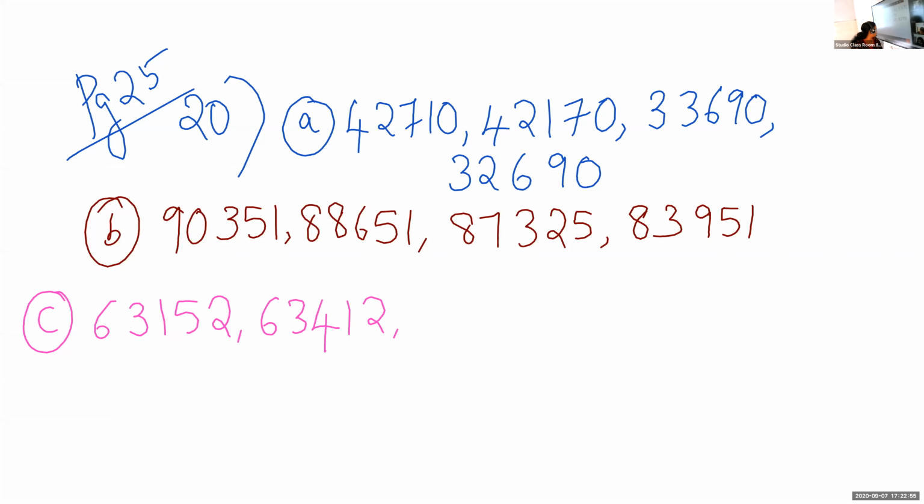Okay, children. So when you do this, if you finish one number, you can cross it out. Otherwise, you will miss some numbers in between. You can cross with your pencil. Then, Tanvi, next number.